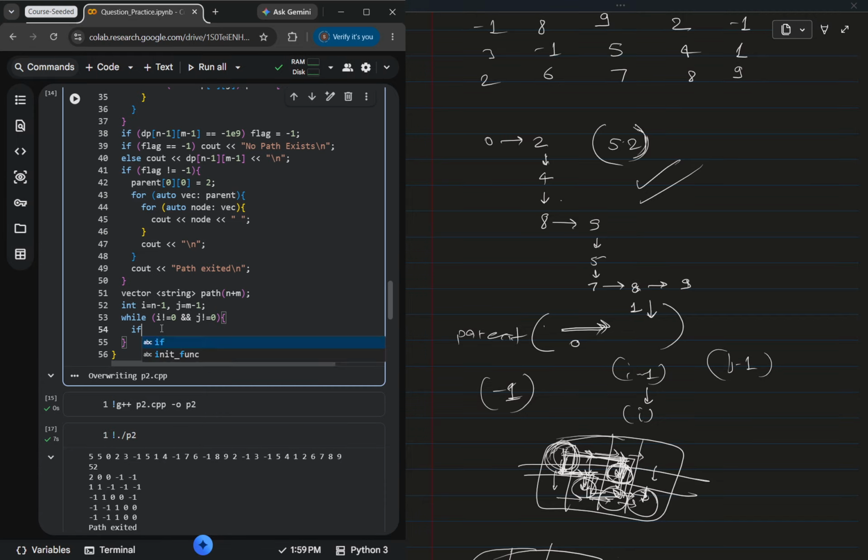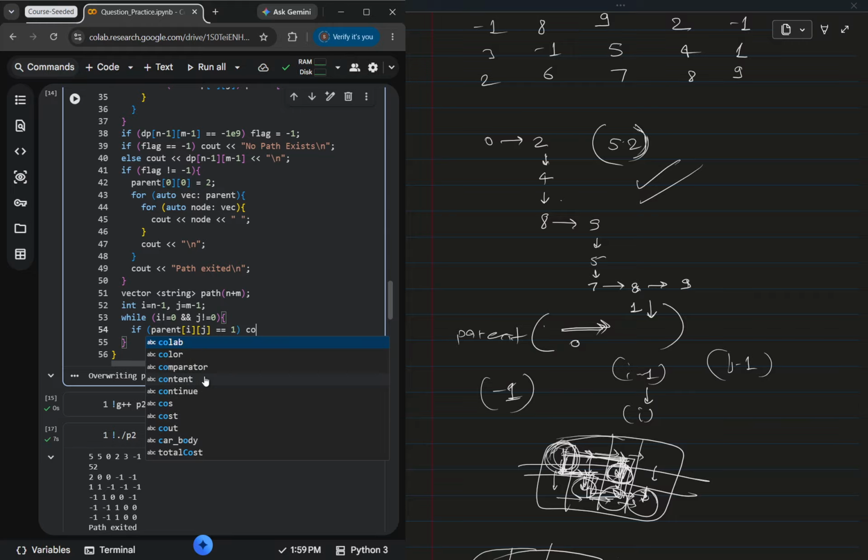So if parent I comma j, or we can take pair of int, which will just give us the path, but we don't need that, I think. So if parent I comma j is equal to, sorry, why did I write I comma j? So we have this parent I comma j double equals. If this equals 1,